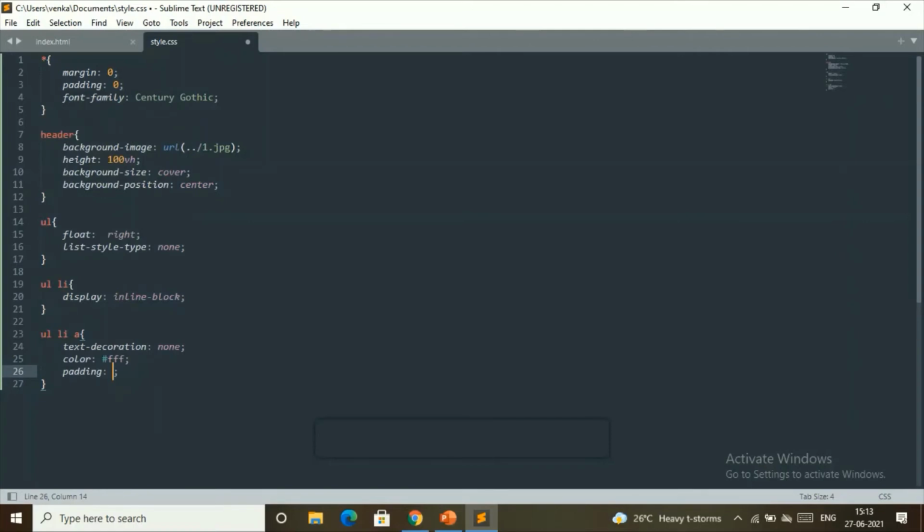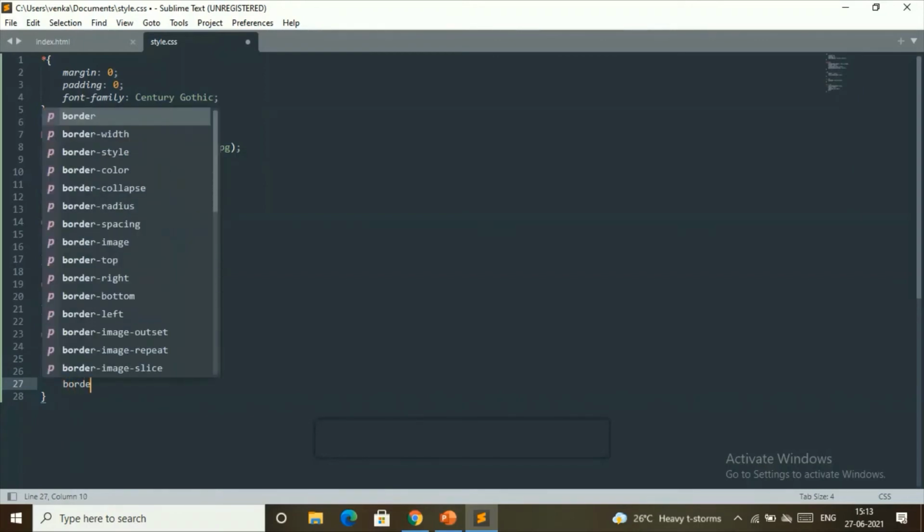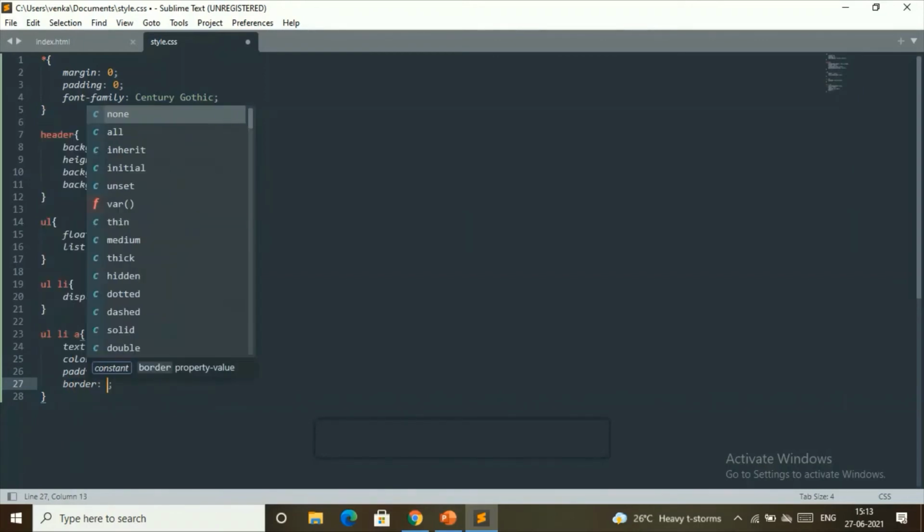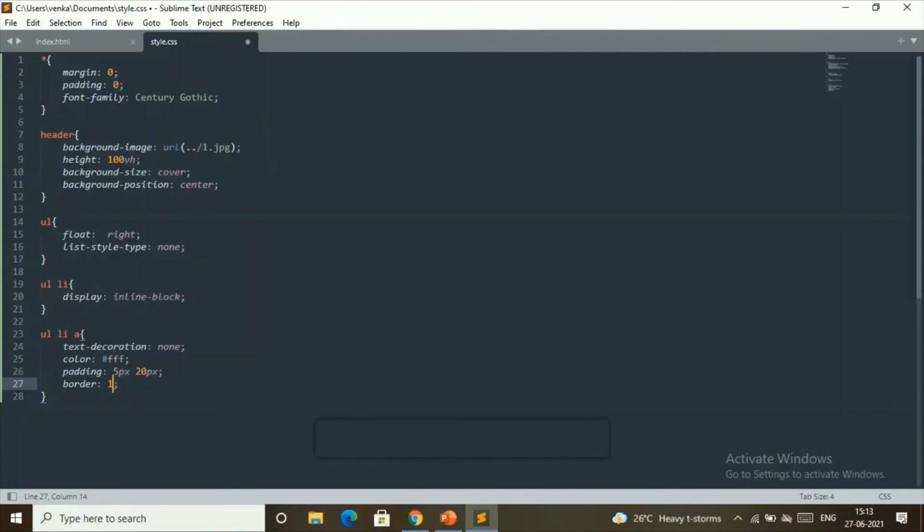So the padding will be 5 pixels and 20 pixels. Then we'll choose the border of 1 pixel and solid white color. So let's choose it as solid hashtag FFF.